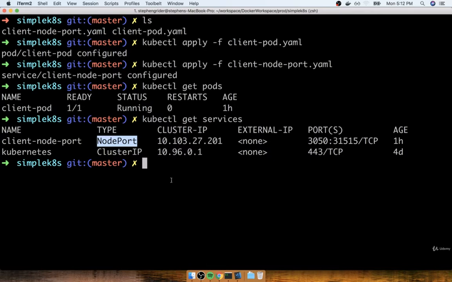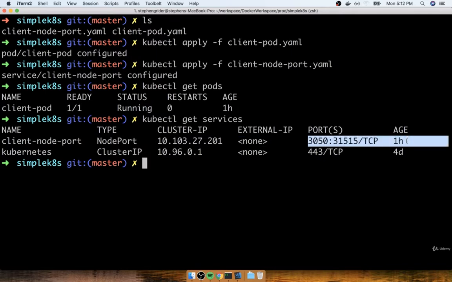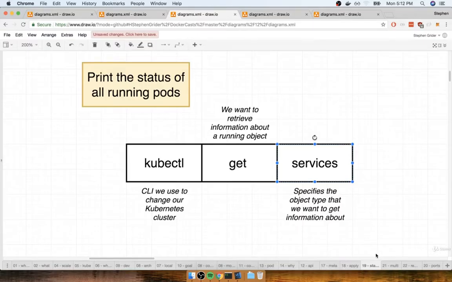Its type will be, of course, NodePort. It'll have a cluster IP, an external IP, and then a listing of ports and age over here as well. Now, I want you to look very closely at the port over here. You'll notice that there's both the port property and the NodePort property as well. And so, as a quick reminder, the first number on there,